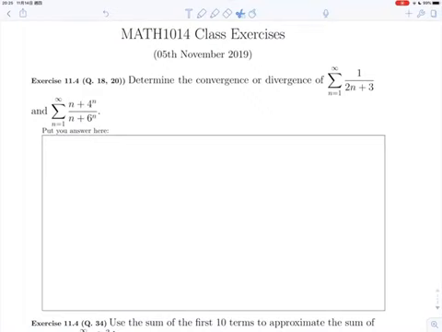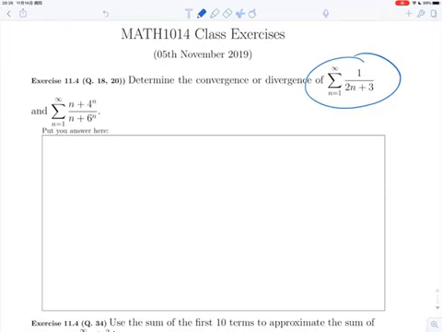Good evening. This is the first time we use this online teaching method, and I would like to start on doing the classwork that I posted online already over 10 days ago, and we would like to go over them as convergence test part. The first we're going to encounter is this example of the sum of 1 over 2n